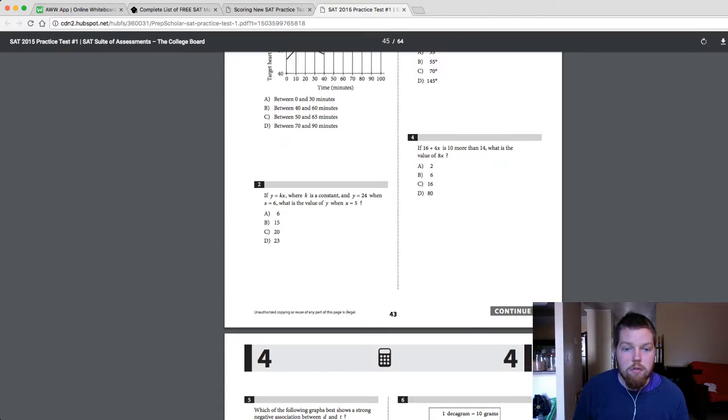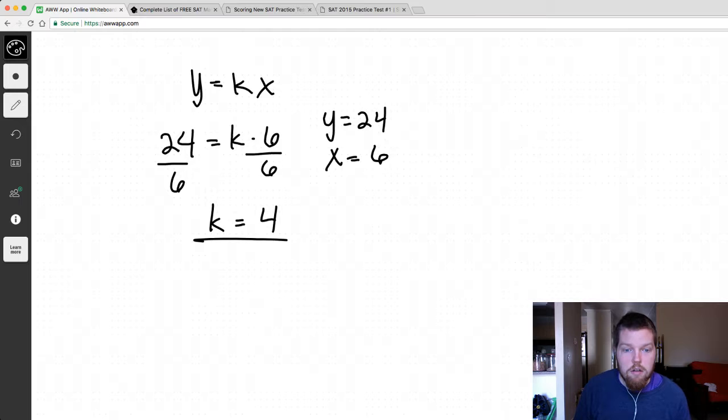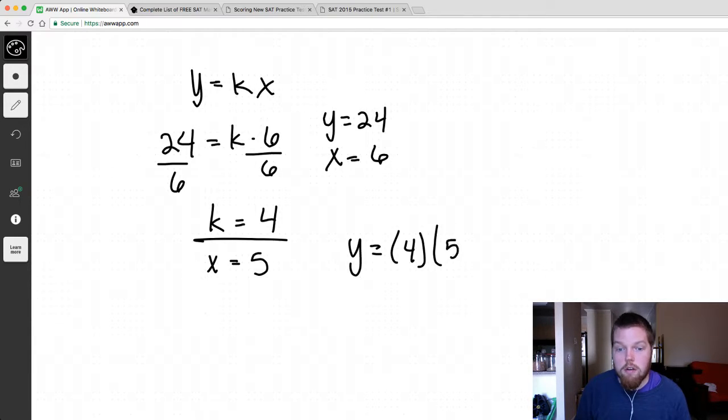So we have k equals 4 now, so it says what is the value of y when x equals 5? So x equals 5 and k is 4, so we're going to get y equals 4 times 5, which is